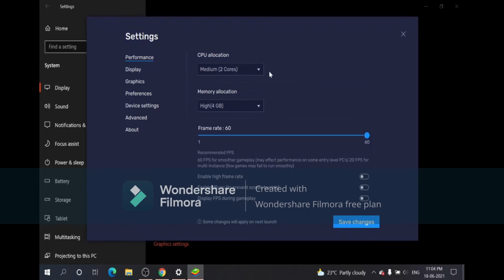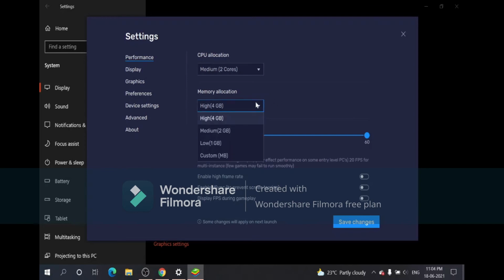If your laptop is a Core i5 or a Core i7, if it is a Core i7, you should select 4 cores. Actually BlueStacks will sometimes do it for you, and this will already be selected by BlueStacks to give you the best performance. So don't change this, just change this. You guys should know how much RAM your PC has.